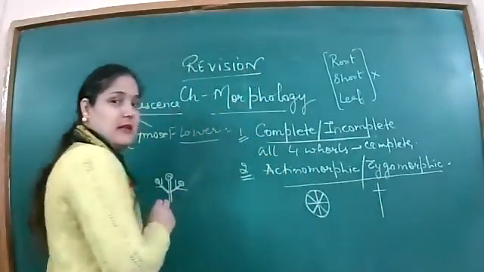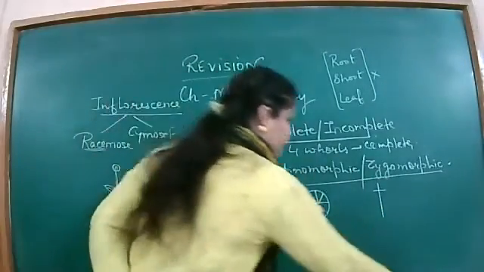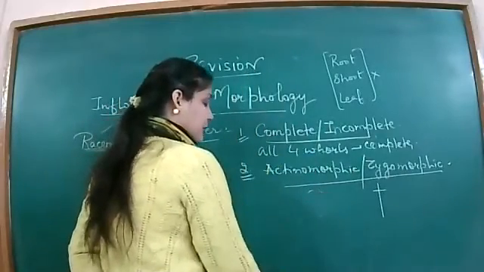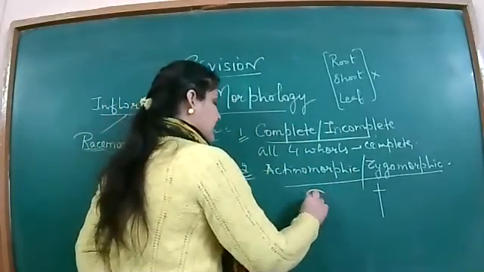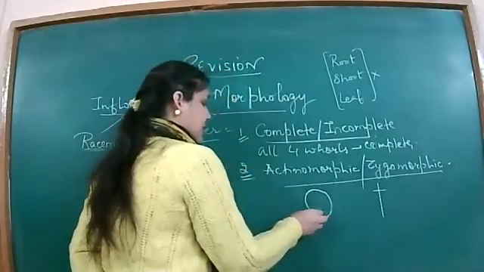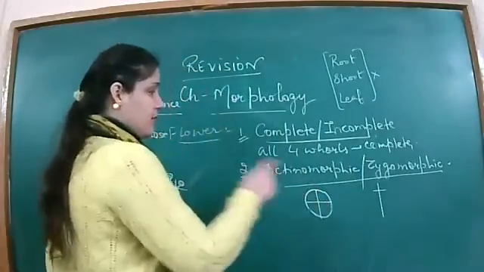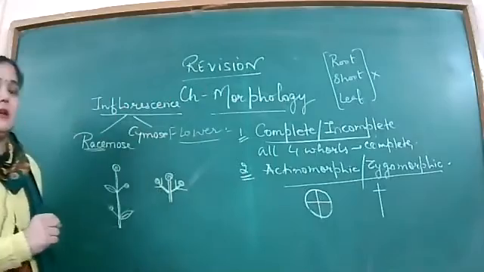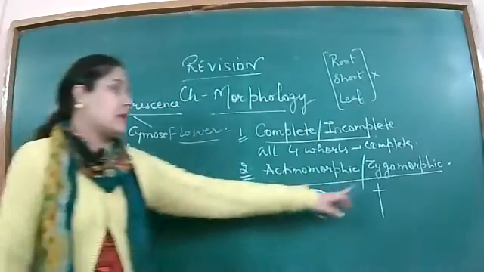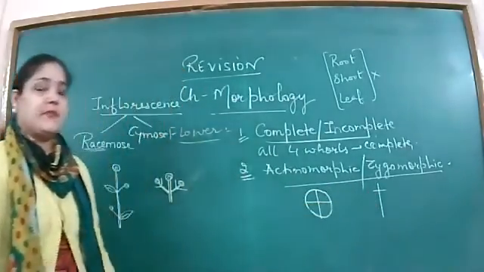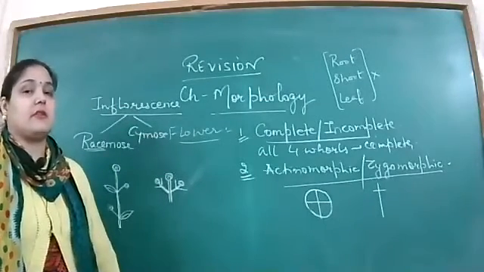ठीक है? तो bilateral symmetry इस तरह से होती है. इसमें जो actinomorphic का जो हम लोग floral symbol डालते हैं, that is for writing the floral formula. It is just a circle with a plus sign in between, like this. Okay? And zygomorphic is with only a plus sign in which the vertical line is a long one. Okay, so those are the symbols used for the floral formula.